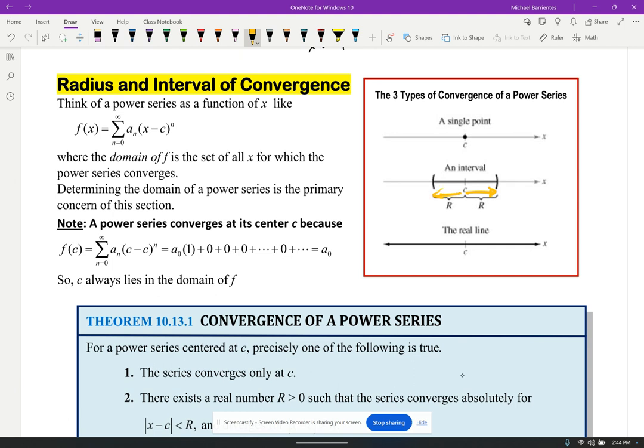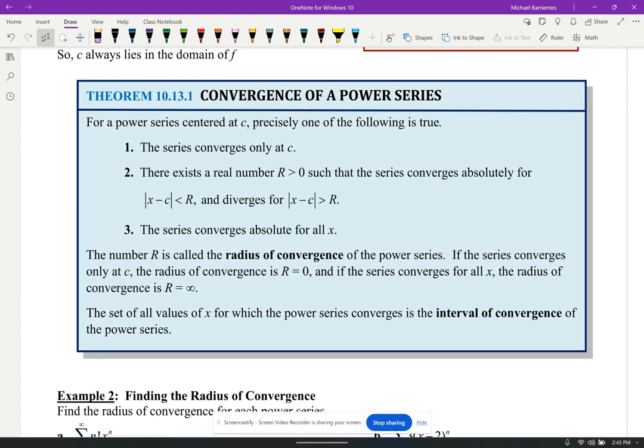And in that window, those x values will produce convergence. So what we're going to do is try to find a way to determine whether I have a single point convergence, or I have an interval of convergence, or I have a real line convergence, meaning it converges everywhere. So when we look at theorem 10.13 here, that's what this is telling us, that precisely one of the following